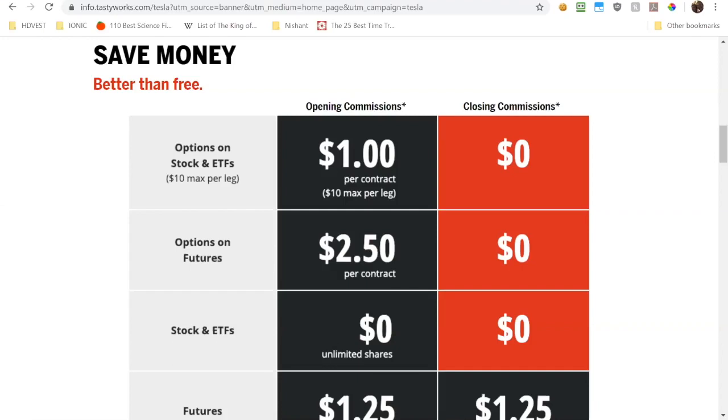ThinkorSwim, in my opinion, is an extremely complex platform. I don't know how many years it took them to build it, but you can use it for very advanced stuff. You can use it for basic stuff. So today I'll just be covering the basics so that you don't get overwhelmed, because it's very easy to get overwhelmed by ThinkorSwim. Tastyworks, on the other hand, was also built by the original ThinkorSwim founder, Tom Sosnoff, who was